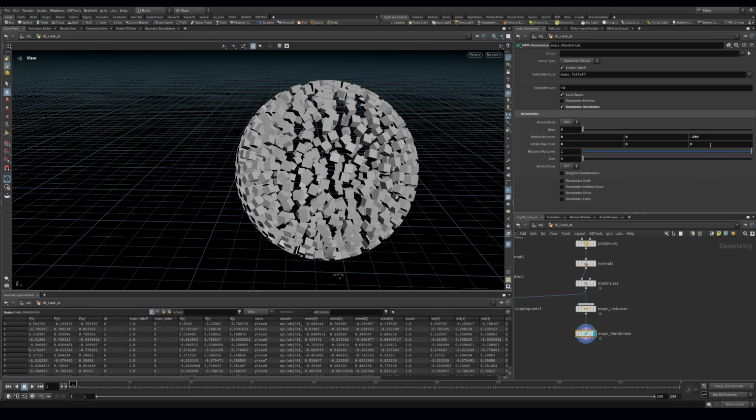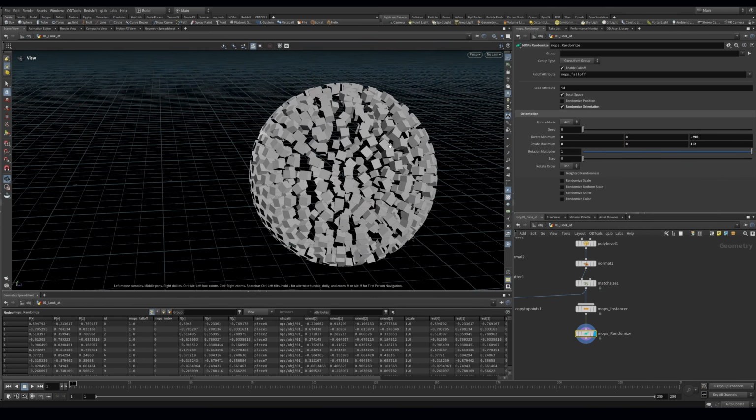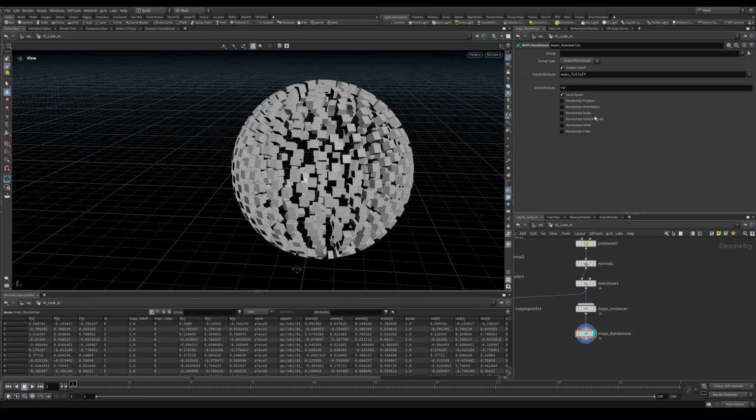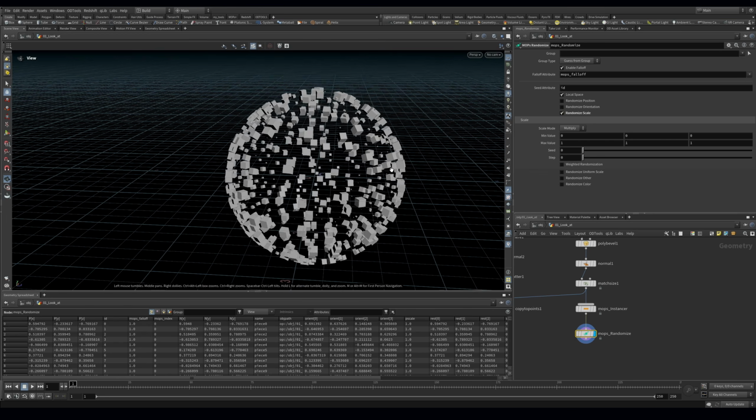So if we just move this one and this one, now you get them twisting, but they're not changing the orientation on the sphere. So this is super useful if you're doing a grid of flowers and you just want them to rotate, you know, without the stems themselves rotating. This is a super useful thing to do. We're not going to use orientation. We're going to use scale,